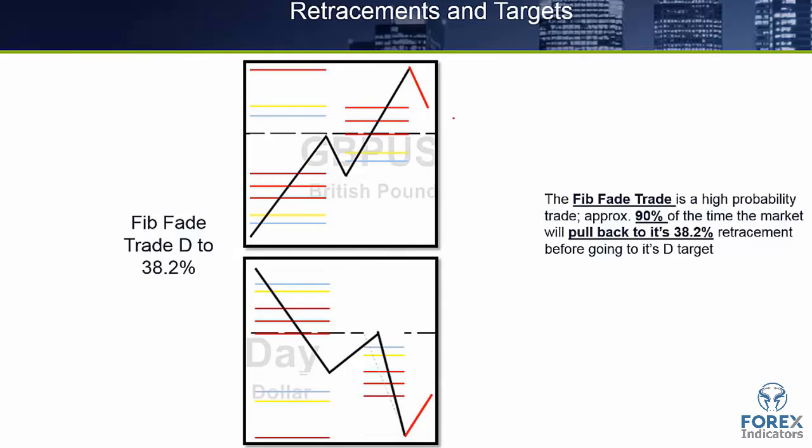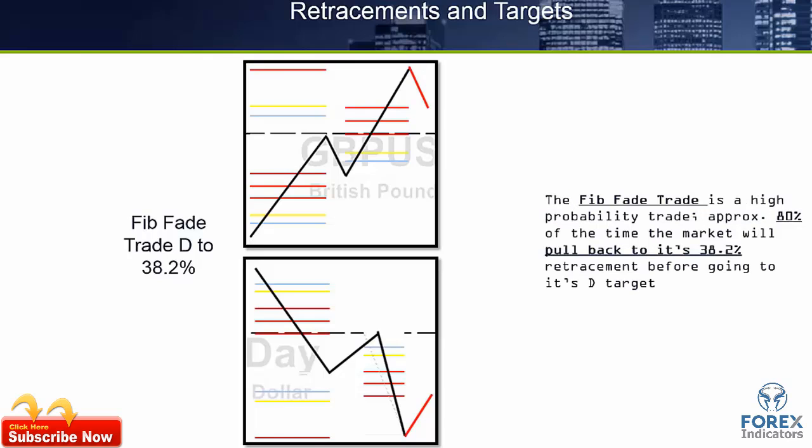So this setup actually often works, if you do it in the correct way, 90% of the time. 90% of the time you're going to get a pullback to the 38.2% Fibonacci level when you hit this D target up here. So let's look at the strategy and explain how this works. As we said, this strategy involves going against the trend. As we mentioned earlier, when you draw in the Fibonacci sequence,